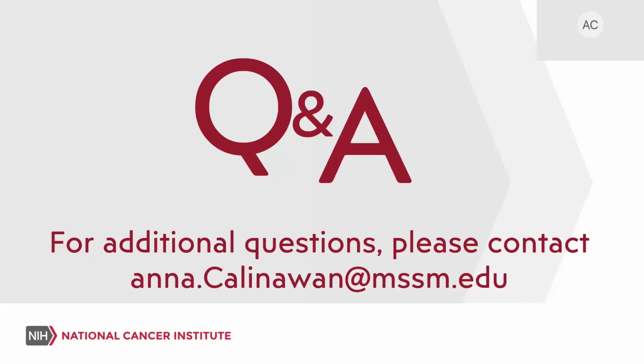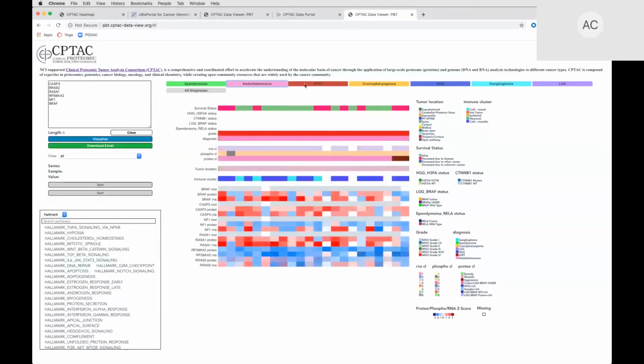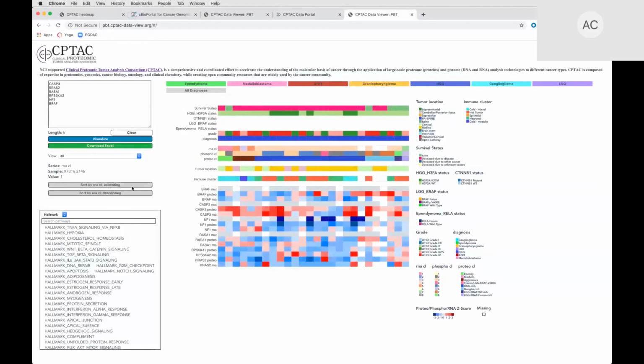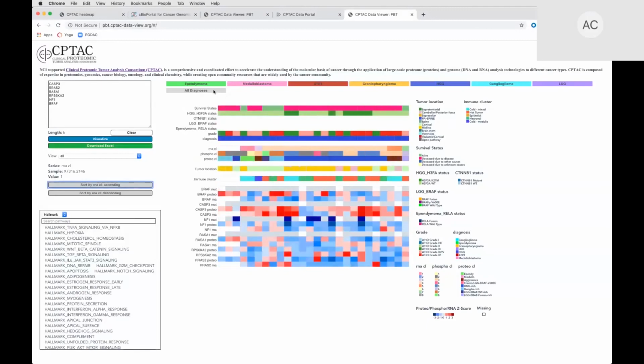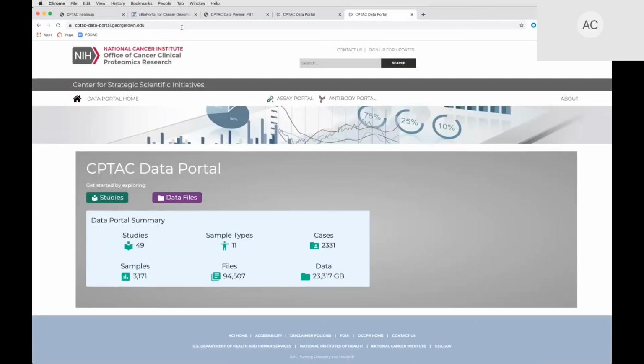What is the best portal for most up-to-date proteomic data from CPTAC? I would say that the most up-to-date source would be the Proteomics Data Commons, and you can access it by going to cptac-data-portal.georgetown.edu. This is the pediatric brain tumor, and essentially it's all of these tumor types, and you can zoom into individual tumor types to try to understand if you wanted to see them independently of each other or together. And this is the best place to get CPTAC data. It's the CPTAC data